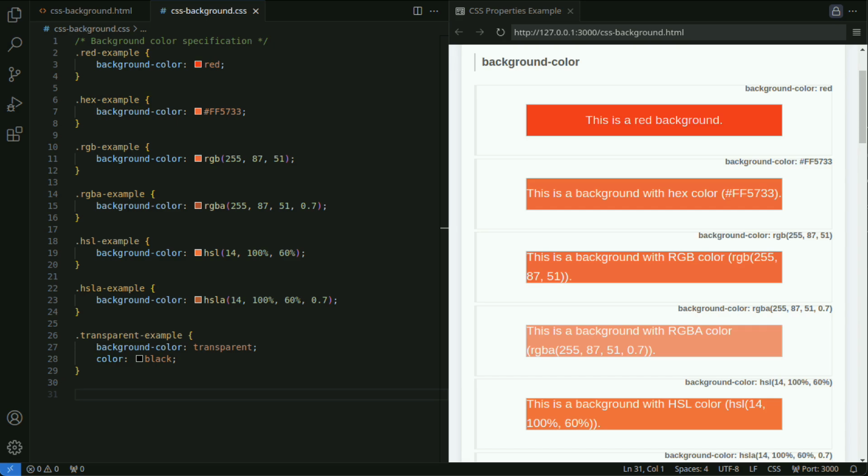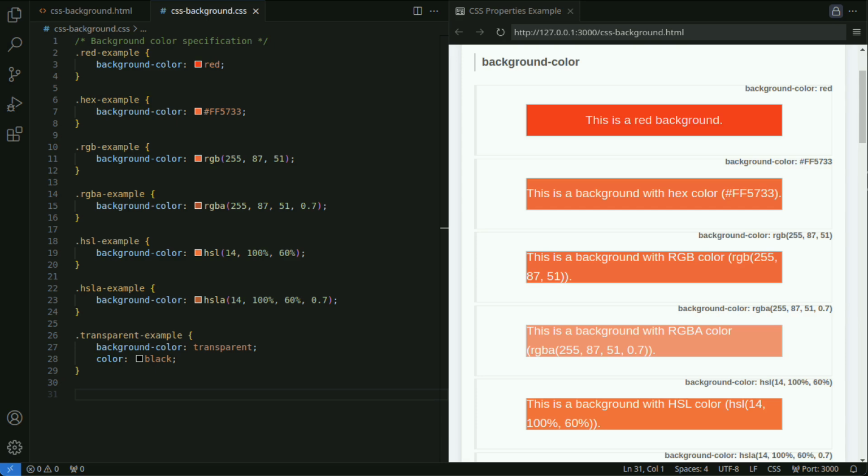Red example. Class specifies the background color as red using a keyword. Hex example. Class specifies the background color using a hexadecimal code. RGB example. Class specifies the background color using RGB format. RGBA example.